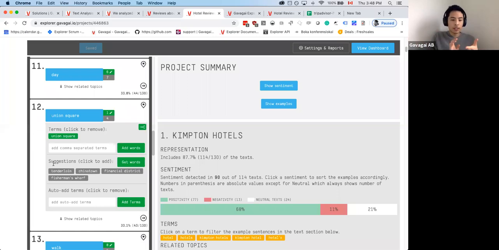But essentially, the topic modeling is just simply choosing the terms that you want to be in your topic. You don't have to do any fancy coding or programming or any machine learning stuff. Basically, you just click the terms that you would like. I hope that helps